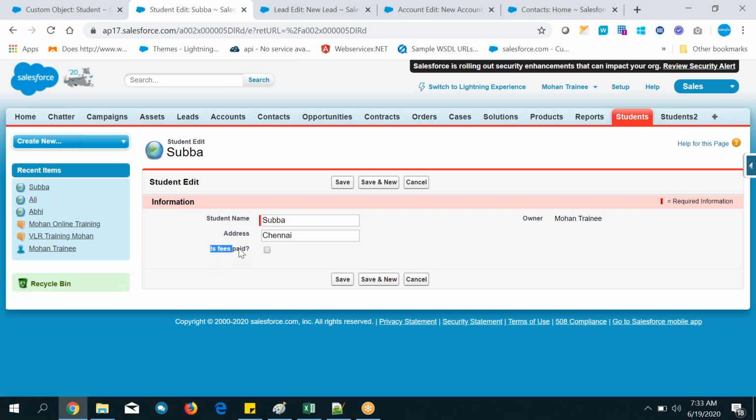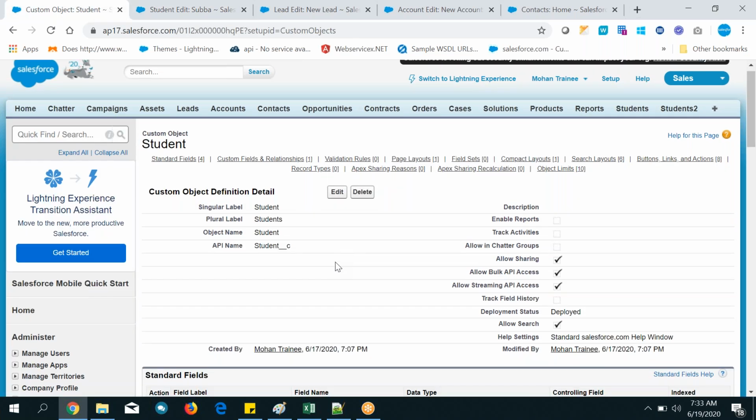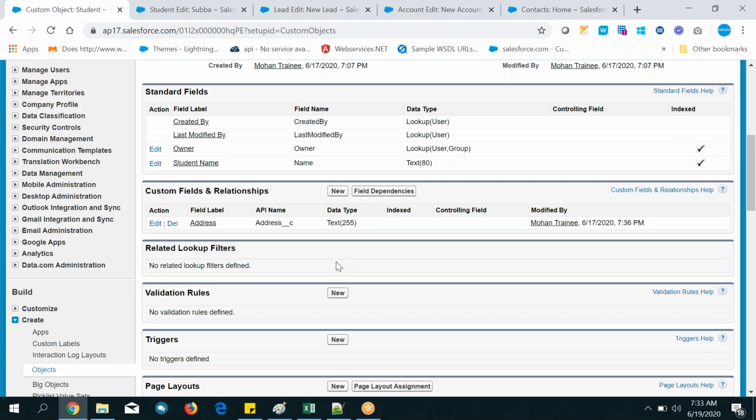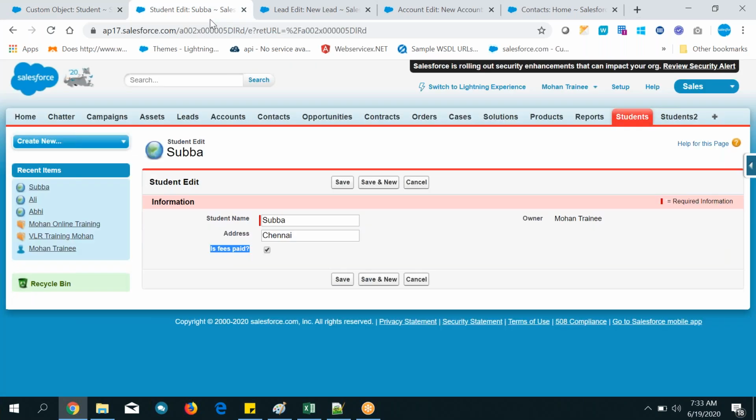And now you can see what this field is. Is it a label name or is it an API name? Tell me, guys. It is a label name. You don't need to tell. Okay, it is a label name. Refresh it, I will tell. Don't worry. So you can see here, this is the label name of the field, which is displaying on the record.